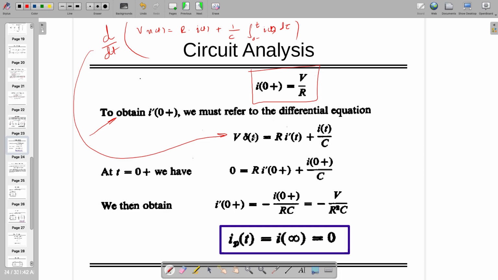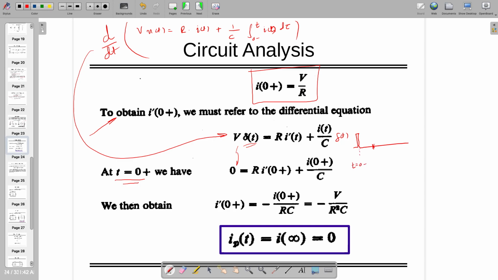We understand what is impulse, right? Delta Dirac function. This is equal to r I prime of t plus I of t divided by c, because it's a derivative. At t equal to 0 plus, it's equal to 0, because it's a small time and thereafter it's 0. It's delta of t